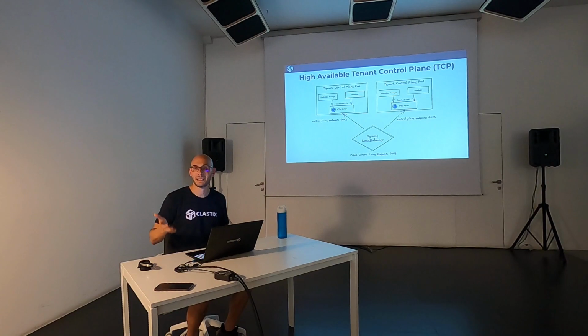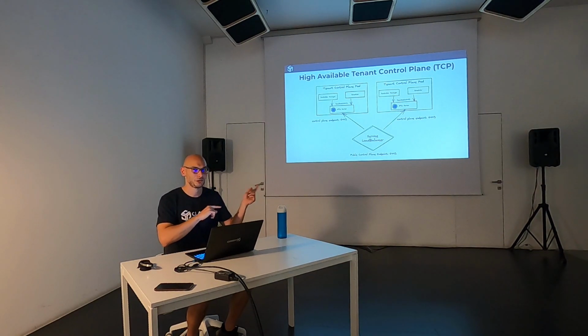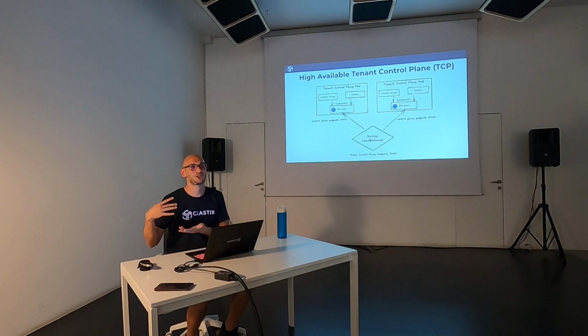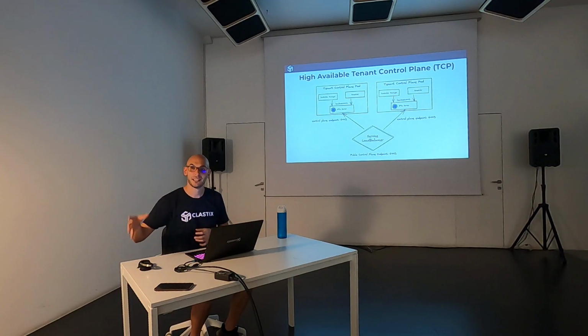Okay, it's like an application. I'm just doing one thing, deploying Kubernetes. End of the story. And starting from that, also with the annotations, with the labels, you can build, how to say that, a sort of ecosystem on top of that. Using labels, you can say, I would like to deploy, I don't know, a specific add-on just for specific tenant control planes and so on and so forth.